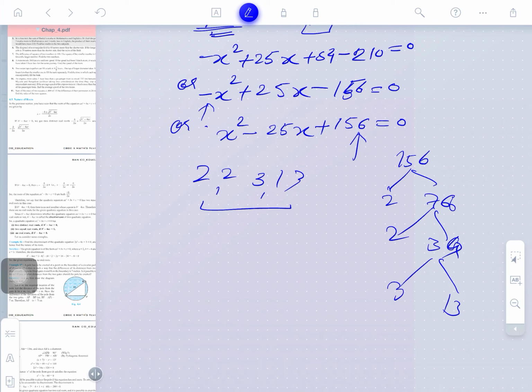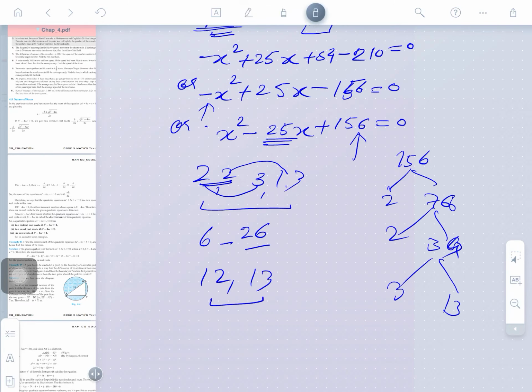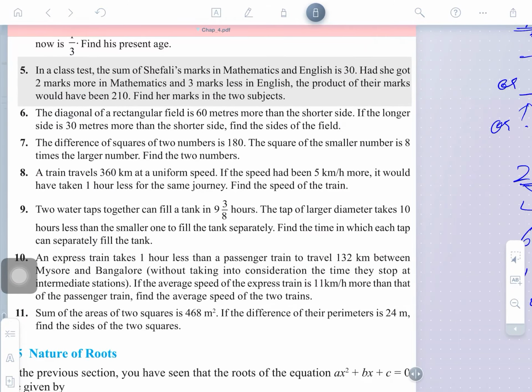You are to set two factors such that the difference must be 25. So 2 can be set with this 26 and this can be 6. Their difference is 32, no, it's not coming. So 2 2s are 4 and 3s are 12 and 13 1 is 13. Is there some? Yeah, 25. Now you can set the answer and bring the answer please. Is that clear guys? The same method. So your answer is 12 and 13.